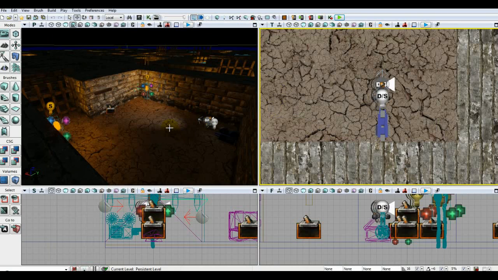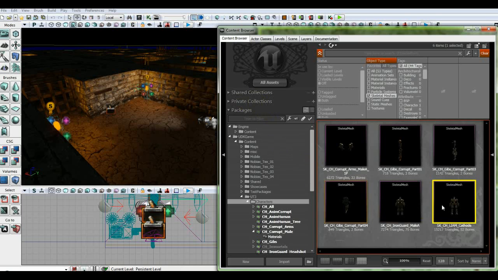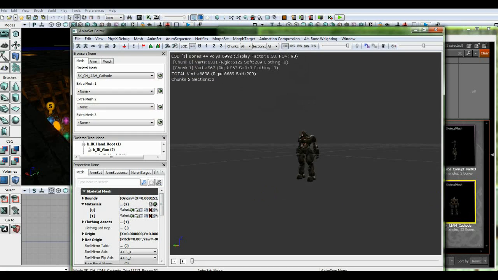Now I don't think I want to change it back to the red guy, but I'll show you how to do this stuff. Alright, so if I open up the content browser and I double click on this robot,